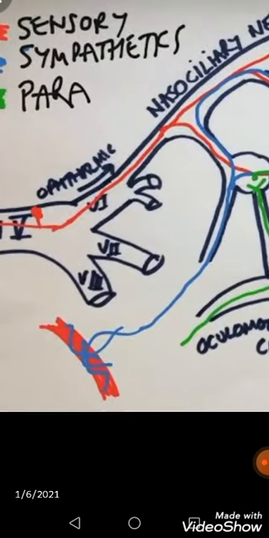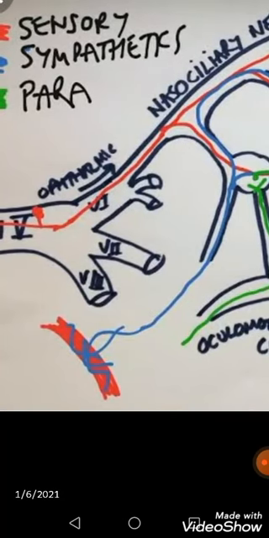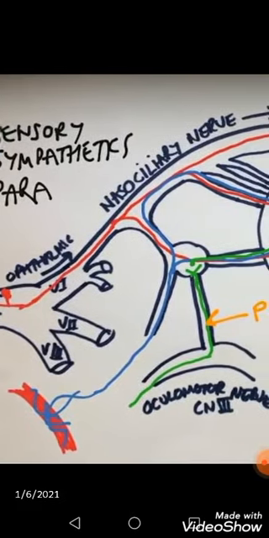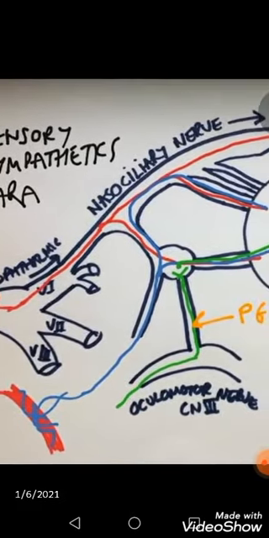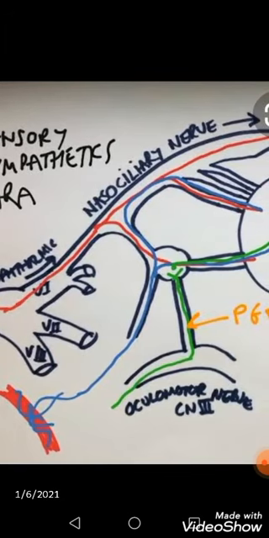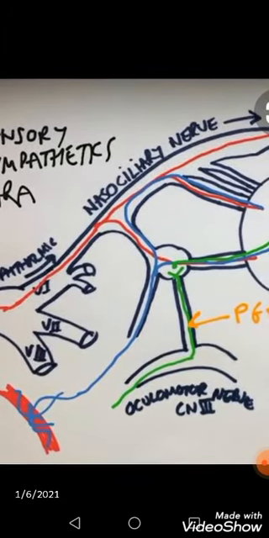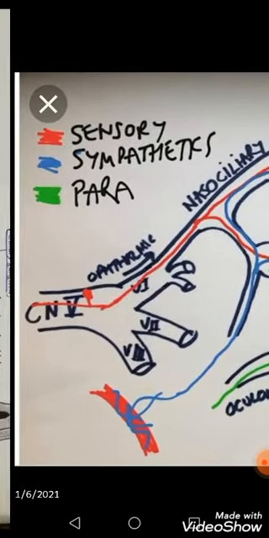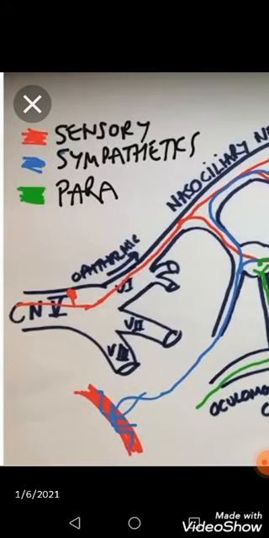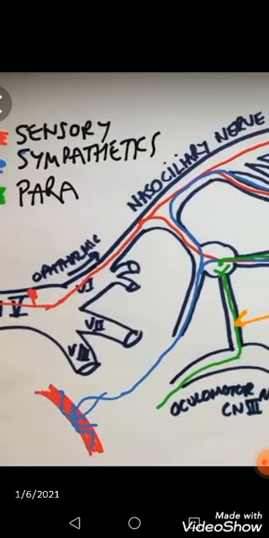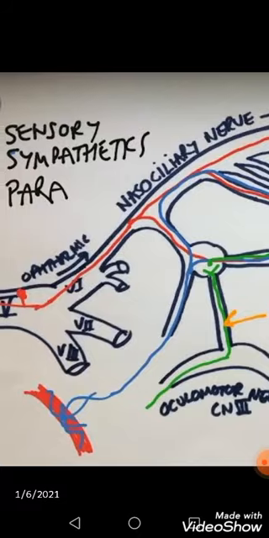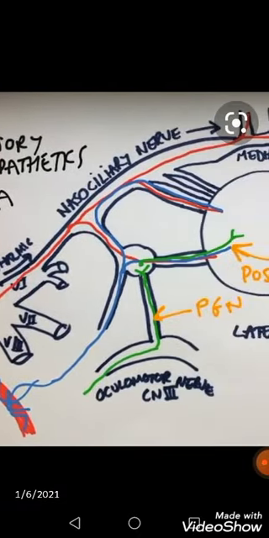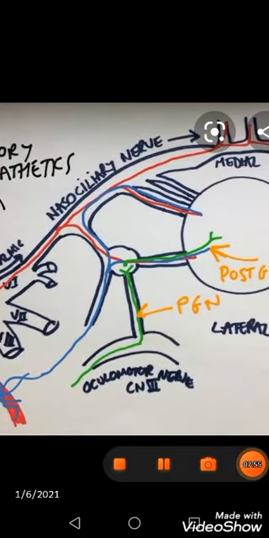And you can see here this artery, and around it the blue color winding round is the sympathetic plexus, and it is also traversing the ciliary ganglion. And then finally you can see this trigeminal nerve, its ophthalmic division, and then you can visualize the nasociliary nerve, and the red color, which is the sensory fibers, entering into your